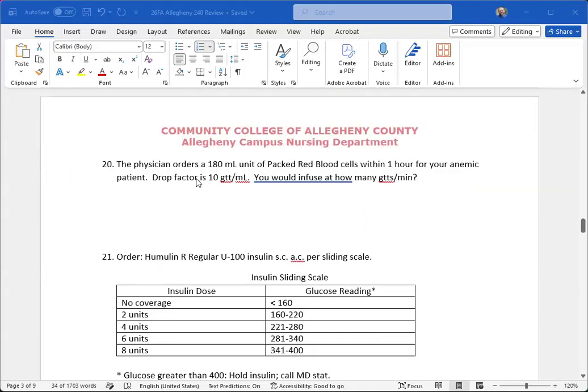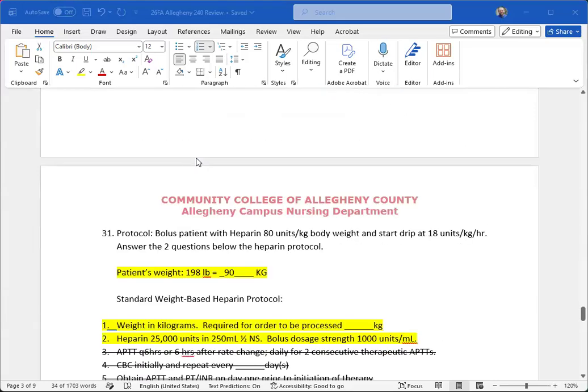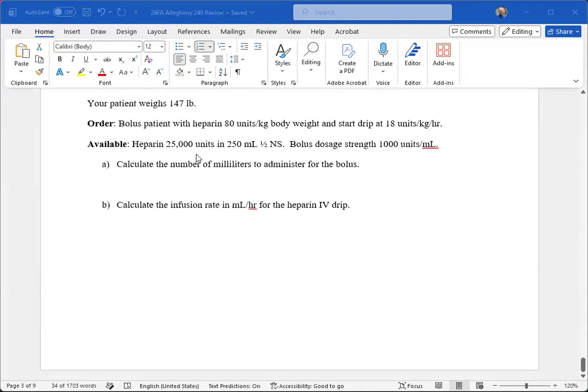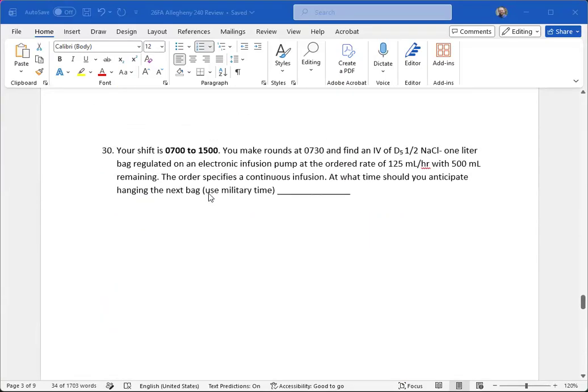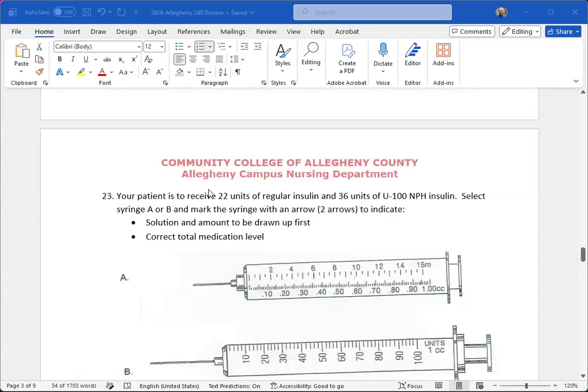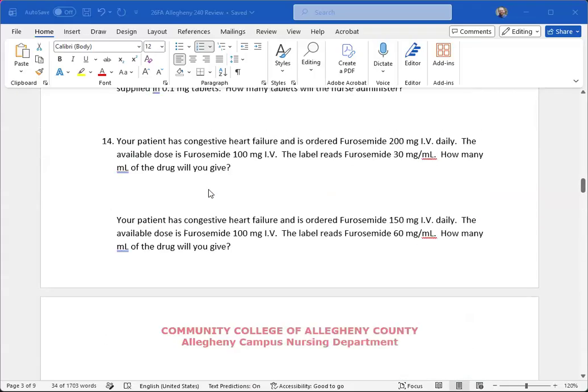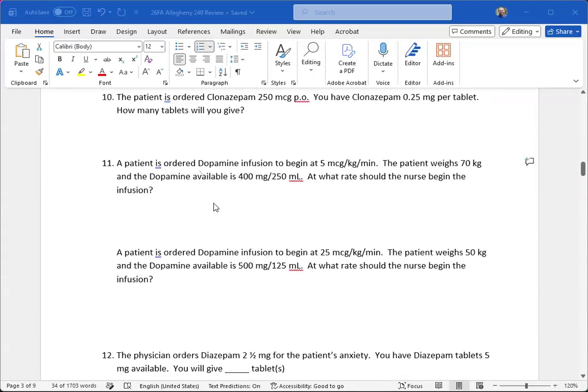Because I think the key says, I just want to go to it real quick. The key says, oh, maybe I don't have the key. Probably because I changed the questions. The key says 22, but it should be 0.22. Okay, thank you. All right, so let's take a look at that. Yeah, so I'm pretty sure the key was wrong. I just couldn't remember what was wrong with the key. I actually thought it was like I had 13.1 in my head, but I could be thinking of another